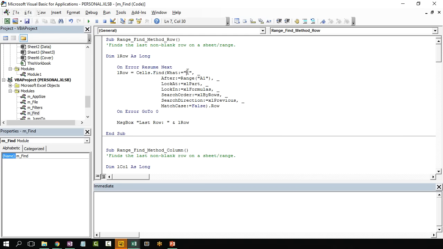We're basically looking for any cell that contains anything in it. That's what this asterisk is. It's just this wildcard character. So it allows us to go find the last row or find the last column. Another way to get around that as well